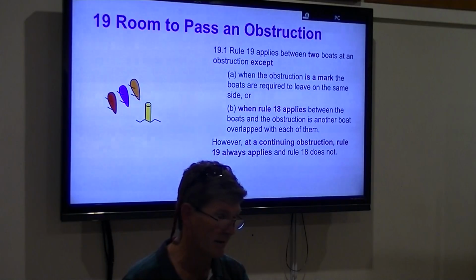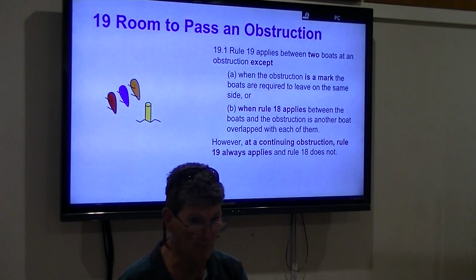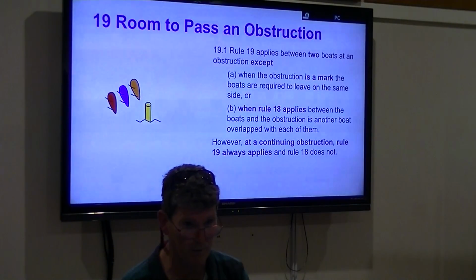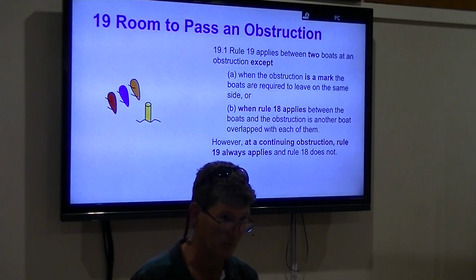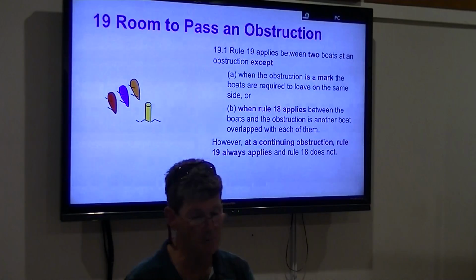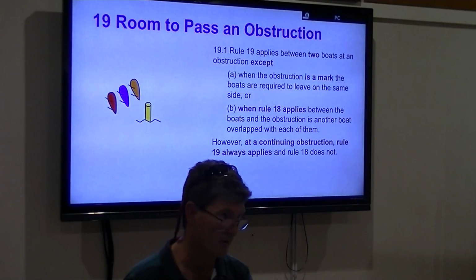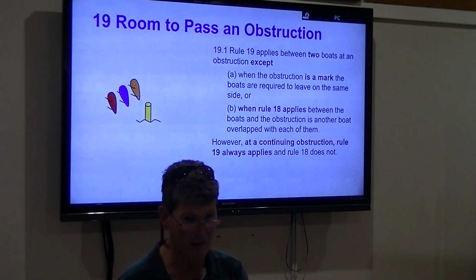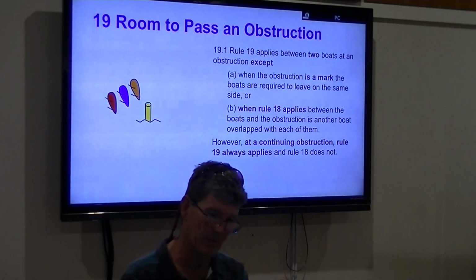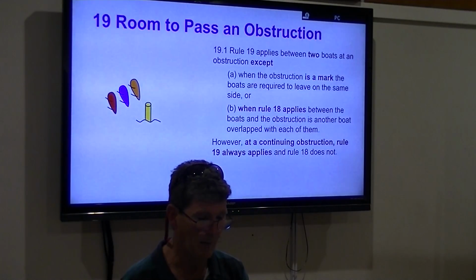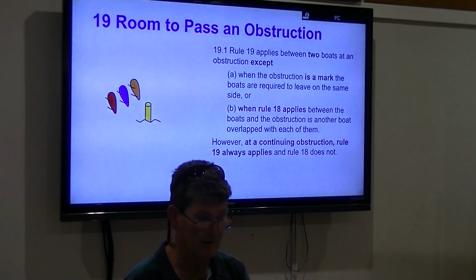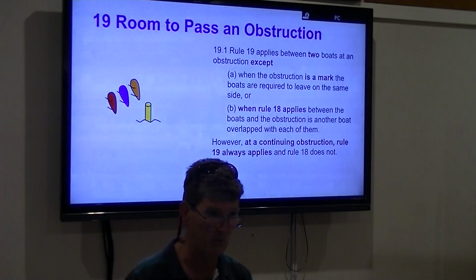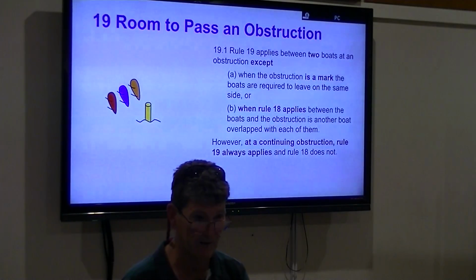And as that concertina came together, it was very difficult to tell whether it was mark room that was being transgressed or whether it was an obstruction that was being transgressed, which had a big difference because one of them can be exonerated and the other one can't. And so it was a bit of a confusing thing. Strangely enough, in the four years that these rules applied, no one realised until the fourth year. The first three years it wasn't a problem, and then they had a couple of cases come up, and so